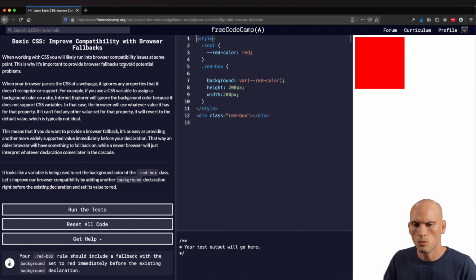When older browsers will have something to fall back on, while newer browsers will just interpret whatever declaration comes later in the cascade. It looks like a variable is being used to set the background color of the red box class. Let's improve our browser capability by adding another background declaration right before the existing declaration to set the value